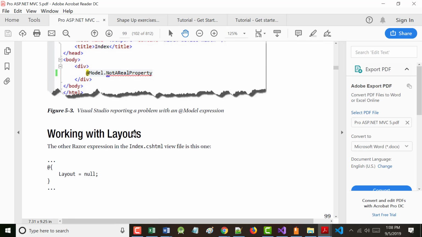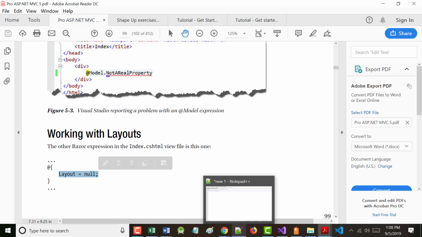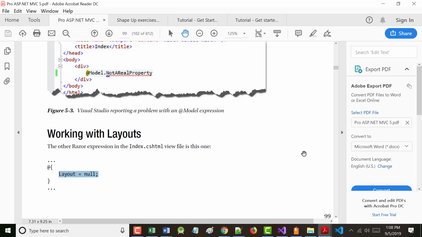Next the author jumps into layouts, and says the other Razor expression in index.cshtml is this one. I want you to understand there is a difference between putting in this line of code that you see in blue on the screen and not putting in anything about a layout.